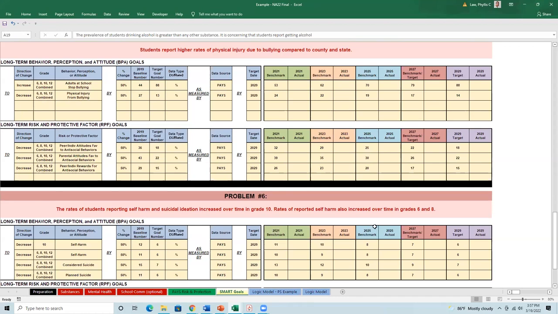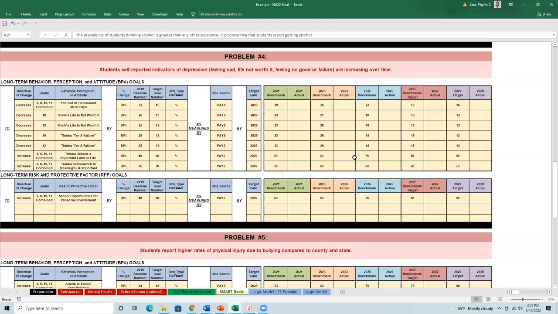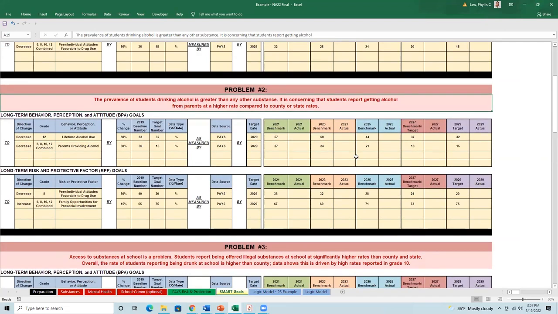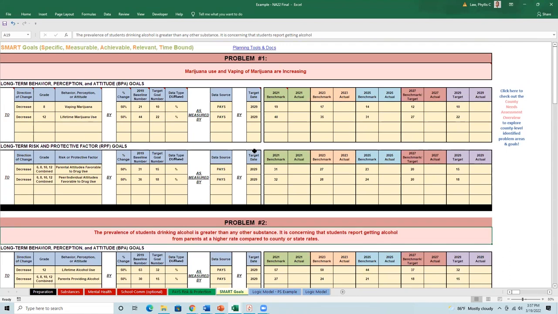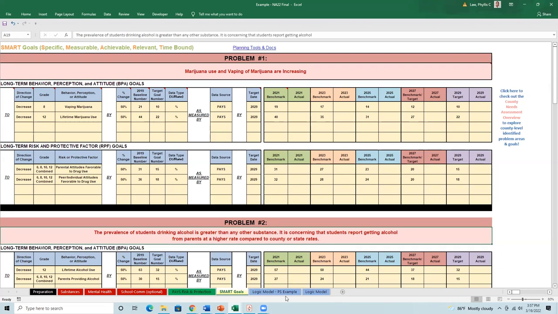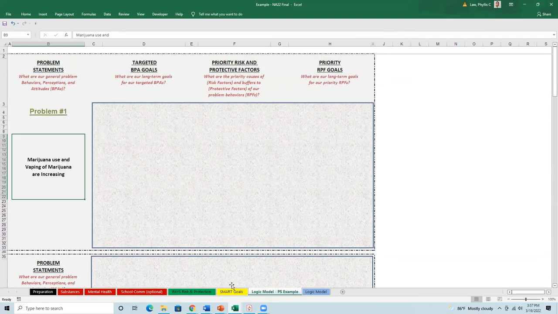In the example that I've included here, some of them are more specific, with a little bit more information around them. Some are less specific, because when you set the goal, after you've worked through your PAYS, risk and protective factors, we will have you look at specific data points, but we'll get to that in a future video. At this point, think about these problem statements in a broad way, because once you've created them, you are going to transfer what you have created for your problem statement in your SMART Goals tab